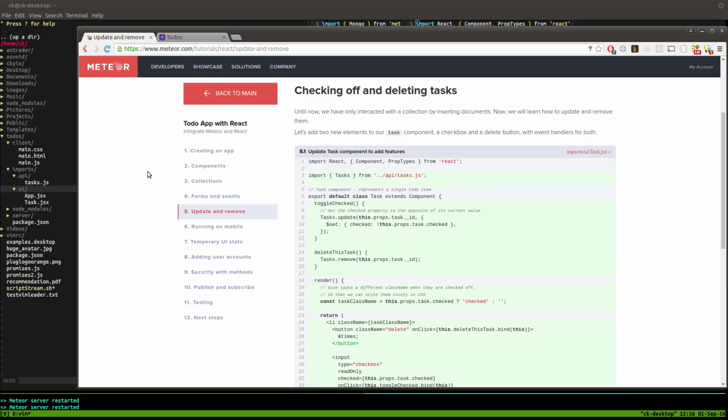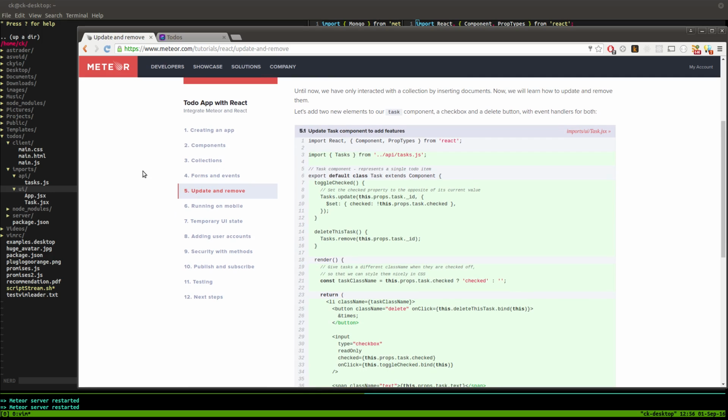Okay, welcome back to step 5, checking off and deleting tasks. Now, we're going to update and remove tasks. We're going to add some stuff to our task component, the option to check off and to delete tasks, with event handlers. So again, I was wrong. This isn't really Meteor specific stuff. This is more